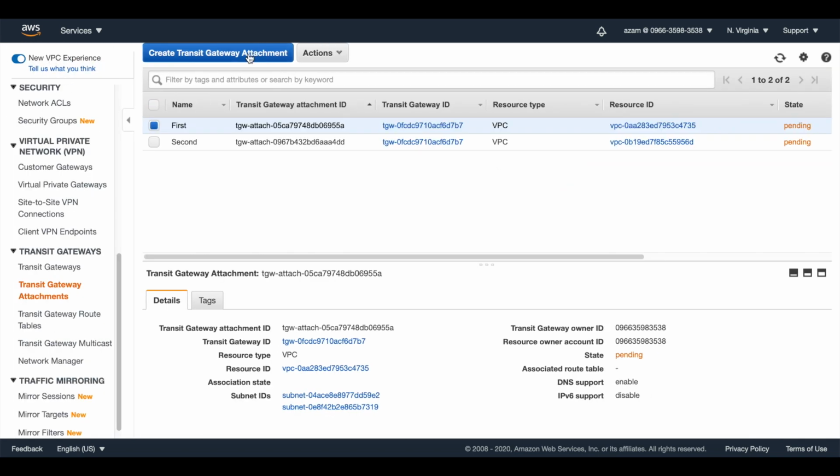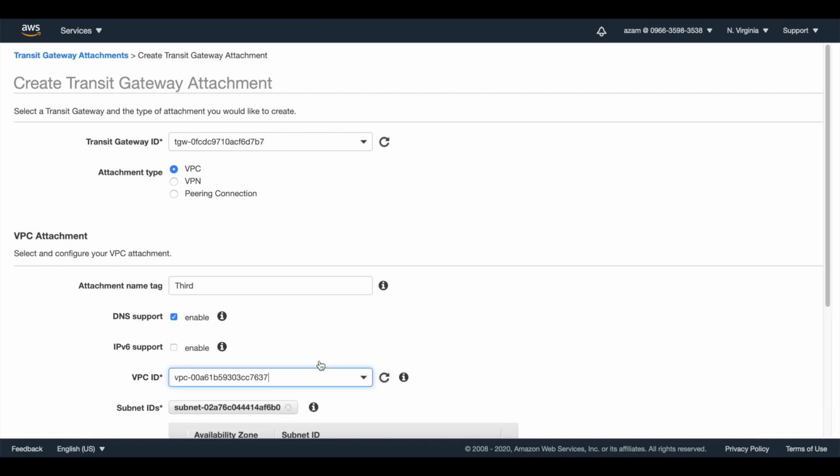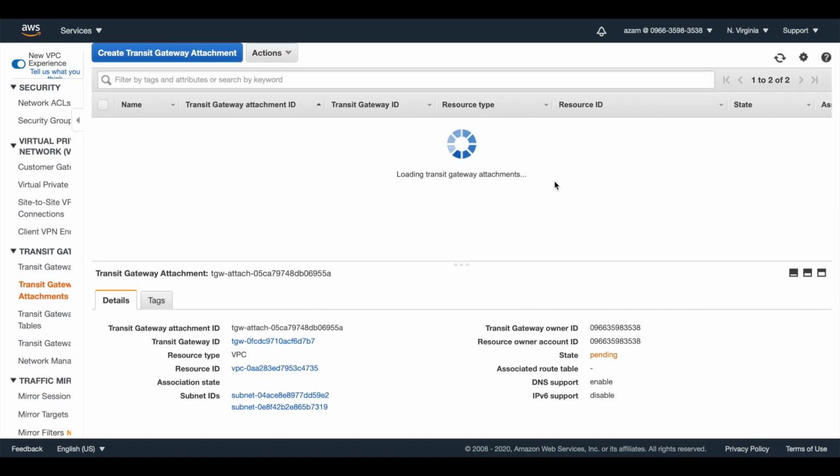Now I attach the third VPC to my Transit Gateway. Third, west, the last one, create attachment, close.